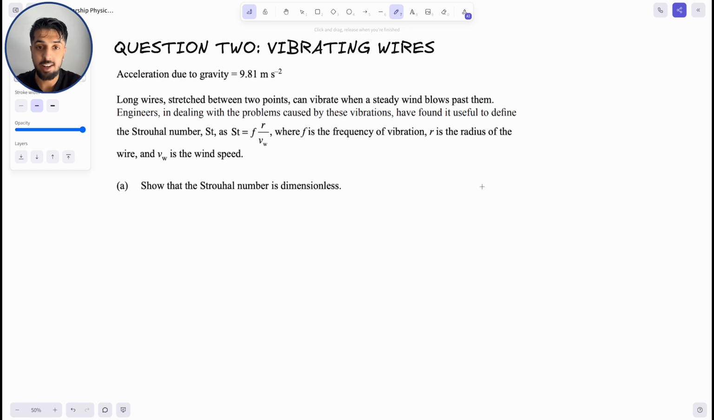St is given by that equation there, where f is the frequency of the vibration, r is the radius of the wire, and Vw is the wind speed. Show that